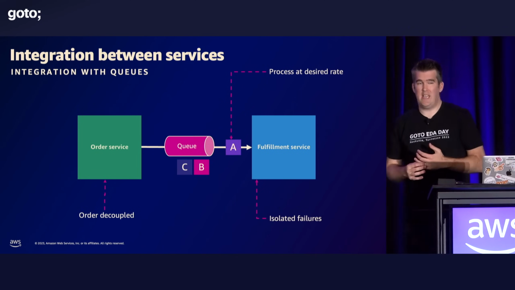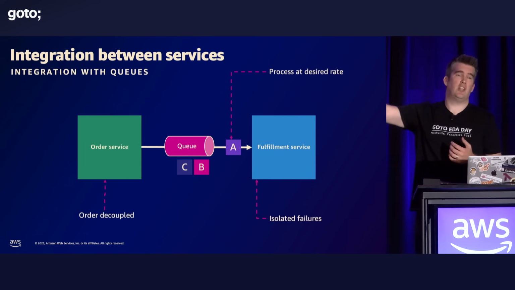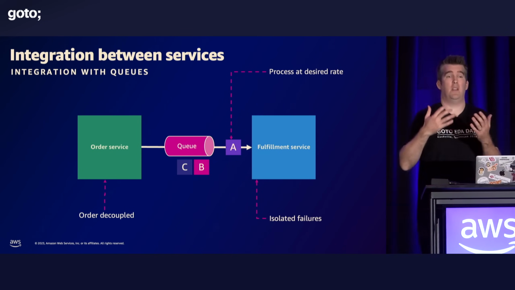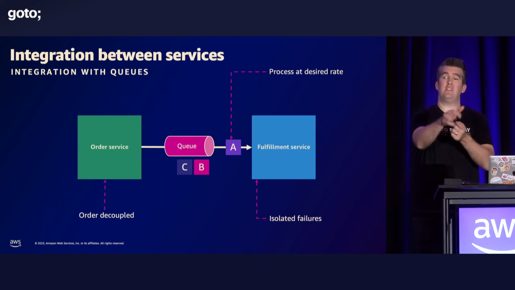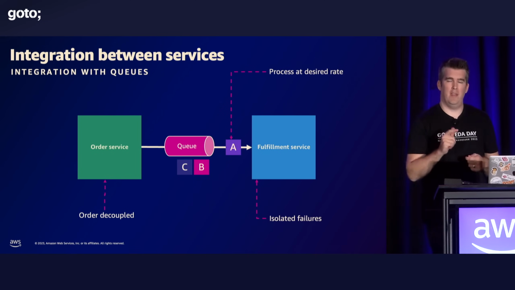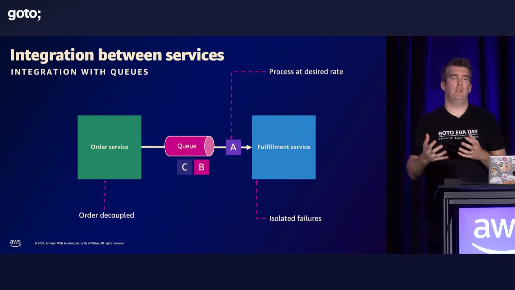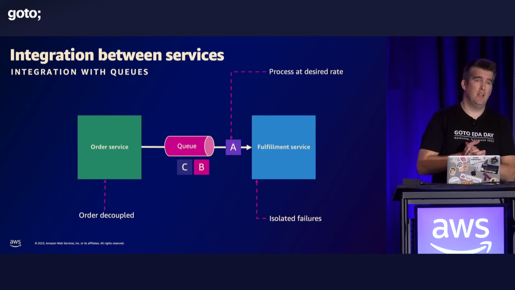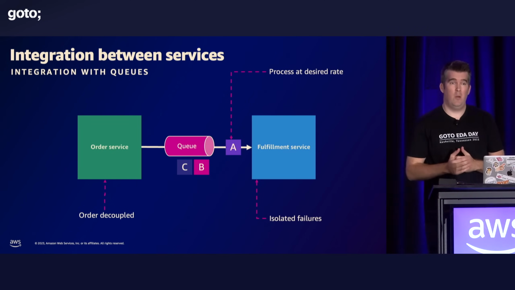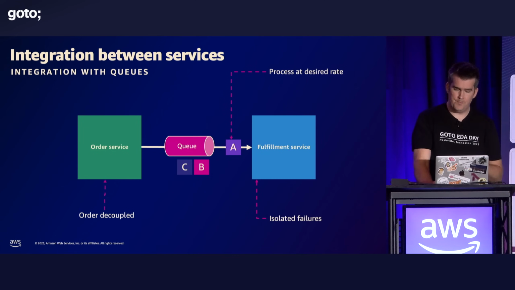So a common solution people tend to use is something like queues here, right? Point-to-point integrations. We put a message onto the queue that says, okay, this order has been placed. Can you please process this information? The downstream consumer says, yes, I can, and I'll pull these messages off the queue and process them at a desired rate. Now that's powerful, because the fulfillment service can only handle so many orders per second, and the order service is a completely different stack, so it allows us to manage these things. And again, isolated failures: we can set up dead letter queues, which allow us to capture failed messages so we can replay them later on.